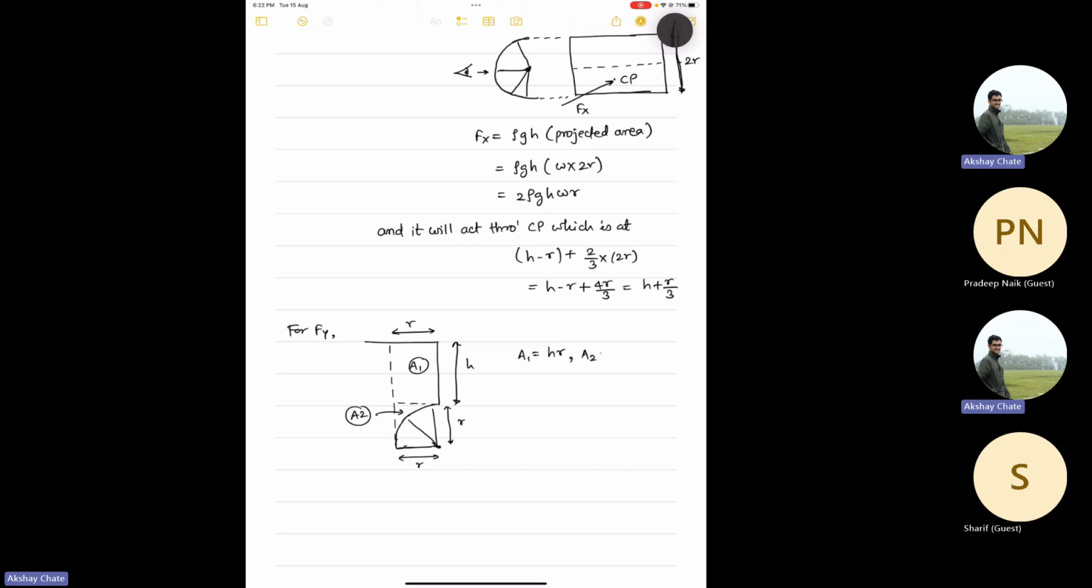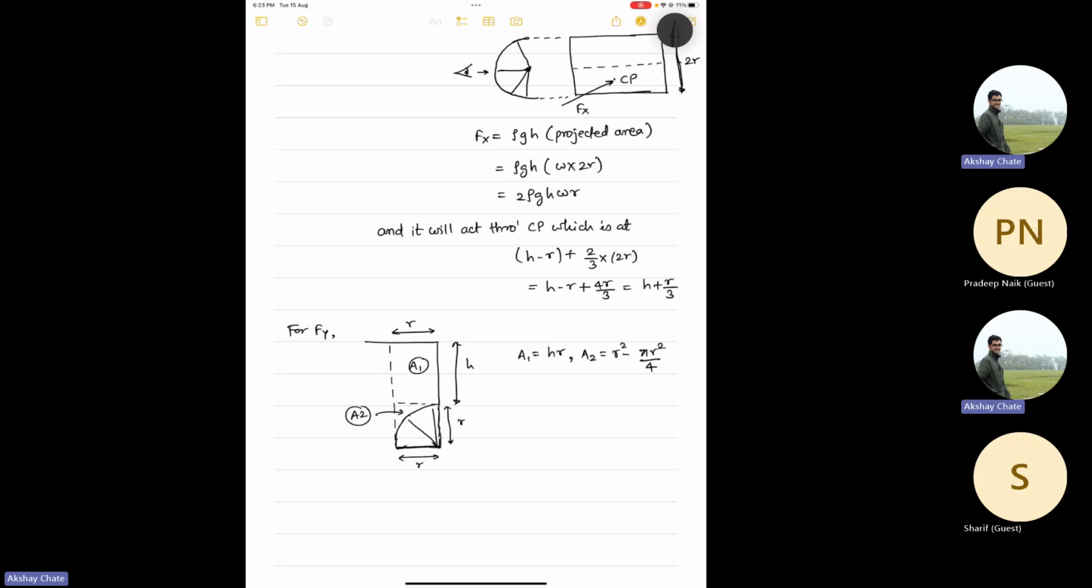And A2 will be, so that this total area will be r square, this bottom square, and you need to minus the circular part out of this. So that will be r square minus... total area of the circle is pi r square, but here it is only a quarter of it, so it will be pi r square by 4. This will be your area,